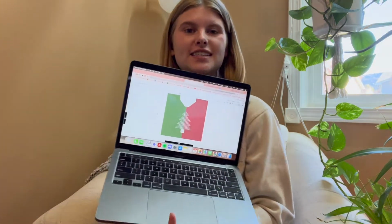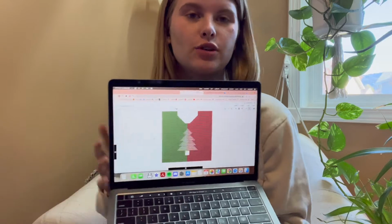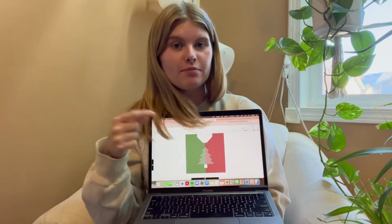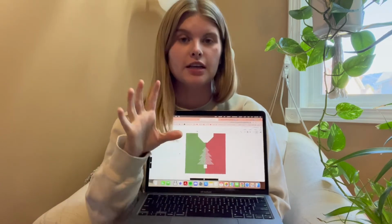So my plan is to actually make the tree. You can't really tell, but there's little dots, and I'm planning on having each one of the dots be like a bauble, a Tunisian crochet bauble. I'm really hoping it's gonna turn out and look cool. So the tree is gonna be textured, and then everything else, I think I'm just gonna use the Tunisian knit stitch. I just designed the front part because I still don't know if I'm going to do anything cool on the sleeves or not with the other colors. That is what I have so far, and so I think I'm just going to jump in and create the